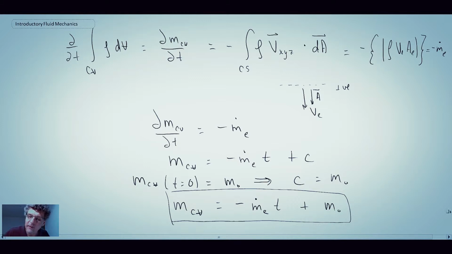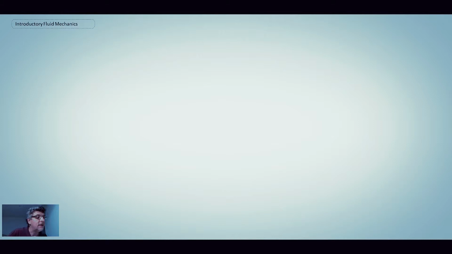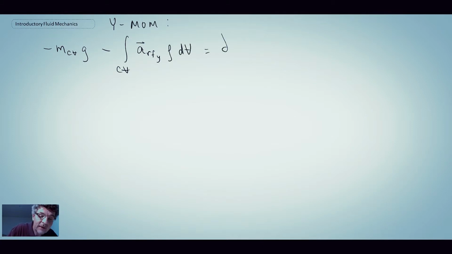Now what we want to do is go on to momentum and take a look at the y component of momentum. For this, the body force is just going to be the mass of the control volume times the gravitational vector, and it's minus because it's acting down. Then there is the term that enables us to apply control volume analysis for the accelerating reference frame. And then on the right-hand side,